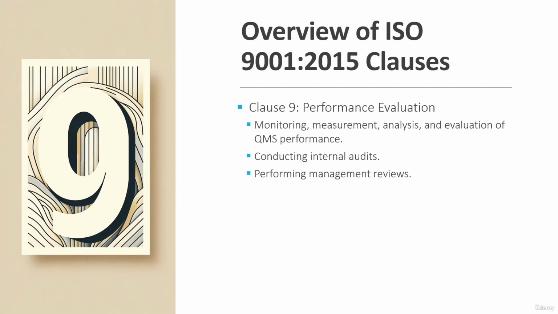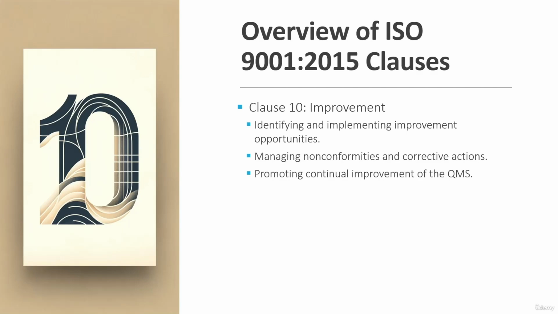As a part of this review, there will be some actions which will be identified. So those actions need to be taken. Management might need to commit to some resources. That also is done during the management review. So this is clause number 9, which is basically looking at the performance, identifying the gaps and taking actions on that. Coming to the last clause, which is clause number 10, which is improvement, and which is basically the ACT part